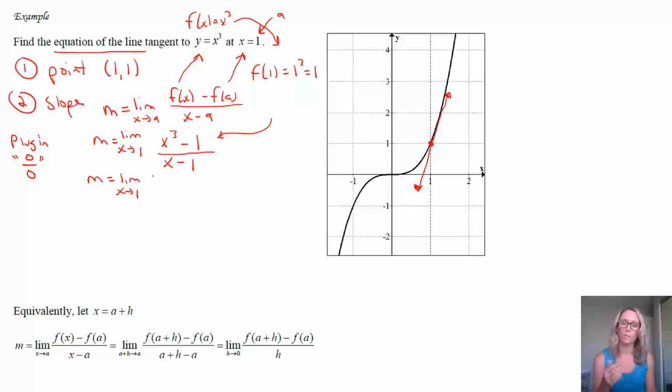But the difference of cubes is because the first term is something cubed and the second term is something cubed. It's not exciting. It's just 1 cubed, which is 1, but it is something cubed. So if we want to factor the numerator, that's going to be x minus 1 times x squared plus x plus 1. So if we were to multiply that out, we'd get x cubed minus 1. And then in our denominator, x minus 1. Not too surprising here, what you should notice is we have that factor of x minus 1 that simplifies.